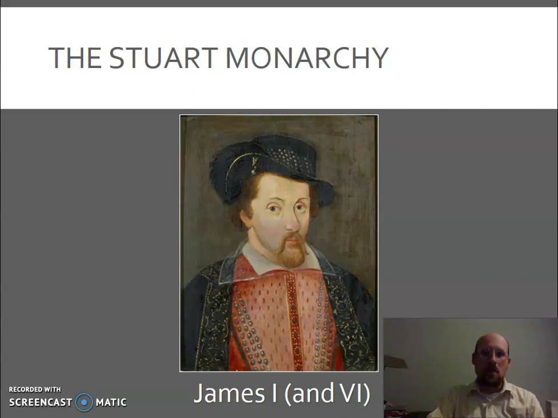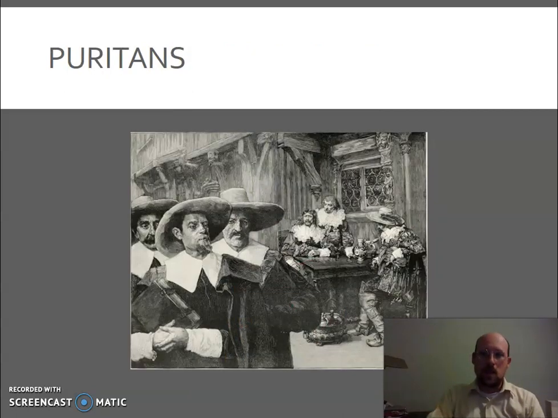And third, he leaned Catholic. Keep in mind, by this point, the monarch of England is head of the Anglican Church, which is a Protestant church. And this is still fairly new at this point. Really, first Henry and then Elizabeth reestablished it. But James comes in, and though he's not a practicing Catholic, he tends to favor Catholics. He seemed Catholic-leaning, and that especially made him enemies among the Puritans.